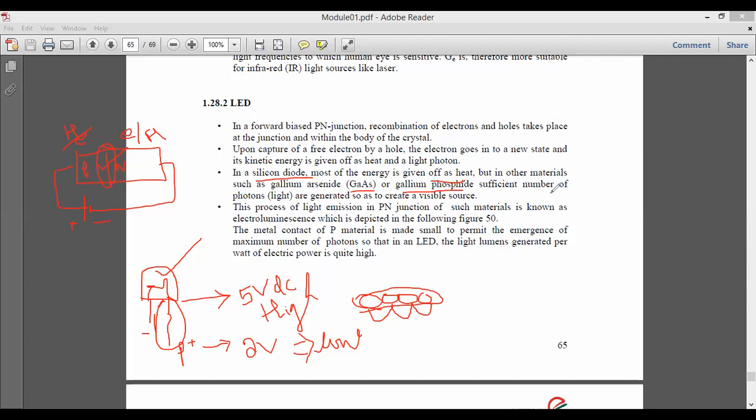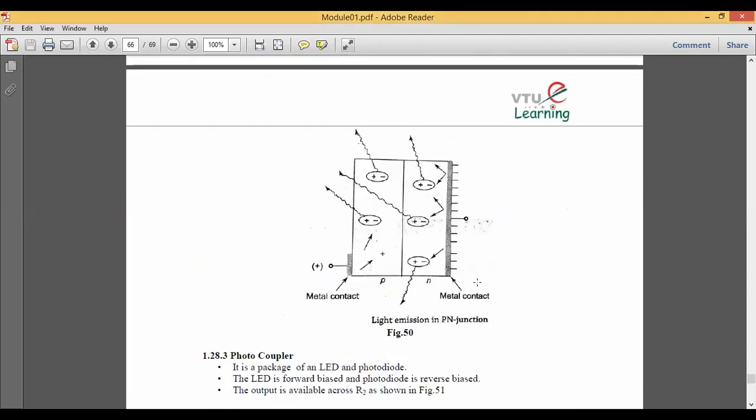When you look at this figure, this is the diagram for an LED. You can see the LEDs which are available. One is P type material, another is N type material, and these are the metal contacts.